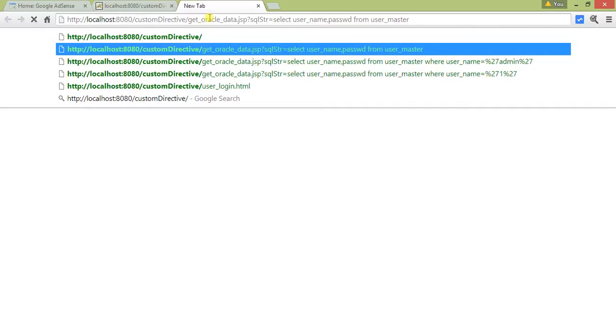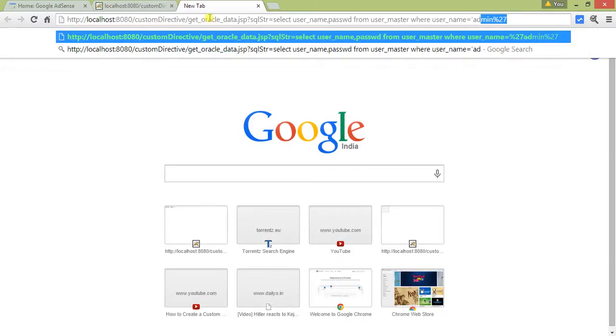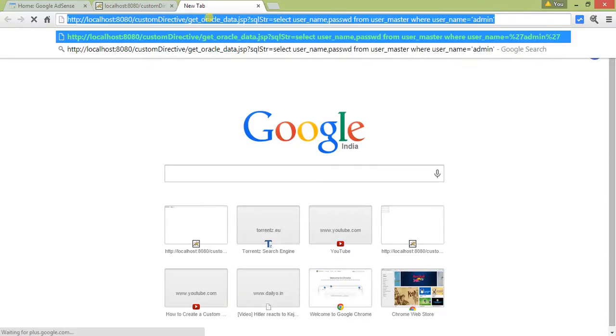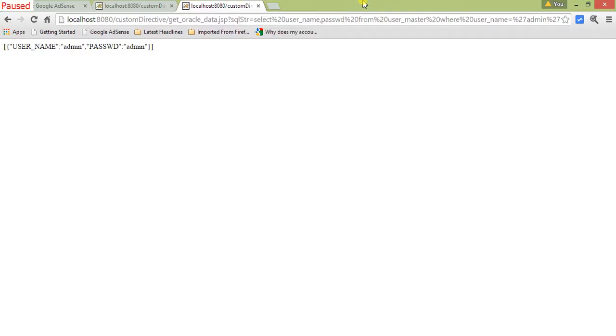Select username, password from user master where username equal to admin. You can see this is the field username, and this is the username value, this is the field name passwd, this is admin. Now if we just make it a little wrong, xxxx,